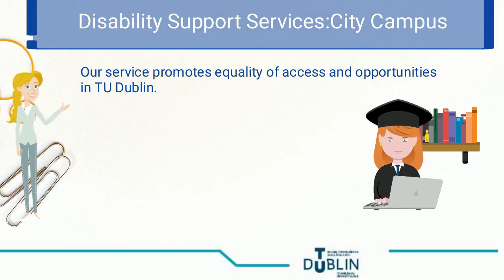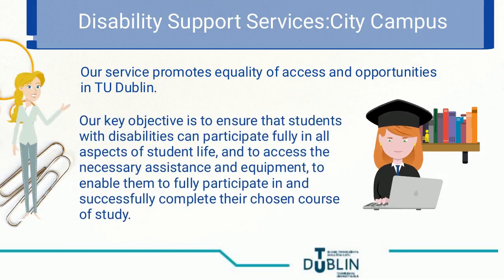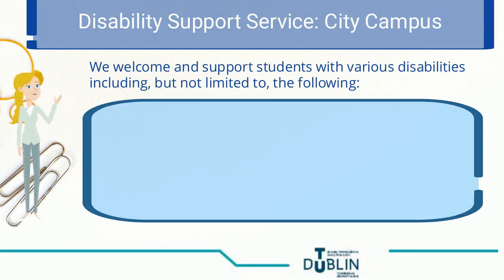Our service promotes equality of access and opportunities in TU Dublin. Our key objective is to ensure that students with disabilities can participate fully in all aspects of student life and to access the necessary assistance and equipment to enable them to fully participate in and successfully complete their chosen course of study. We welcome and support students with various disabilities, including but not limited to the following: